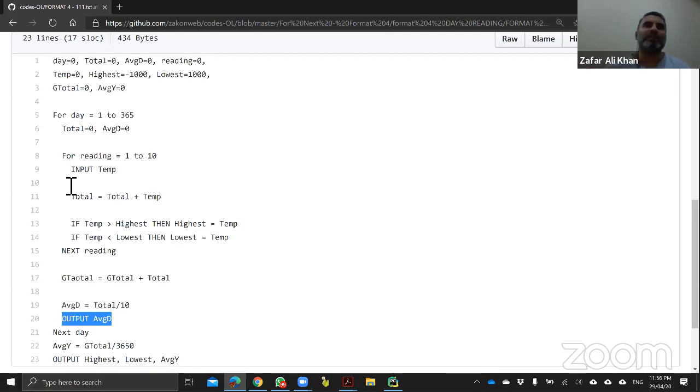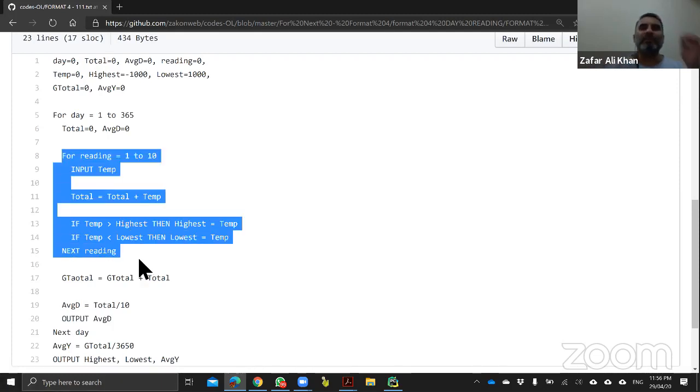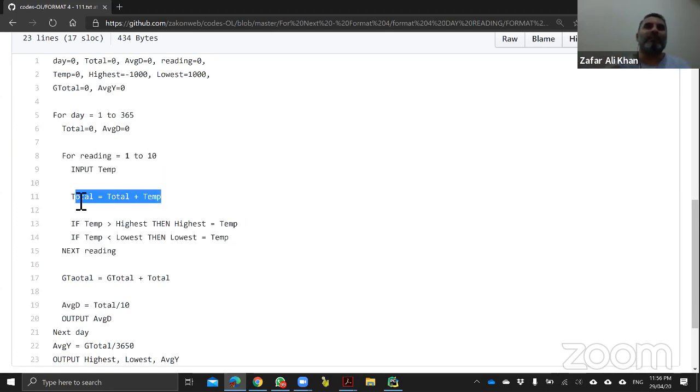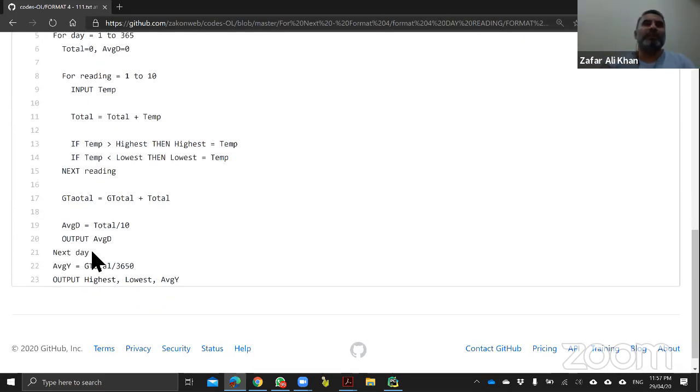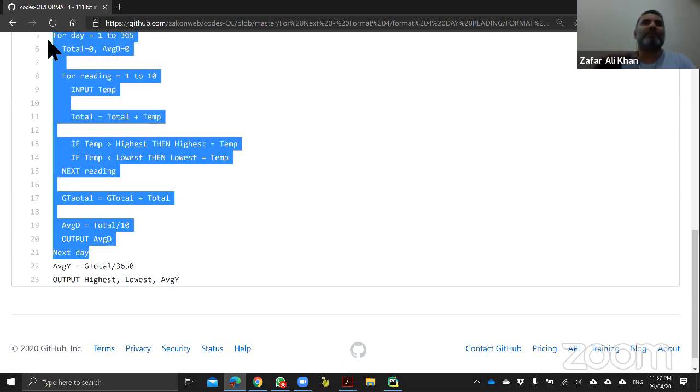So what happens is that as soon as we get out of these 10 inputs, we have the total of these 10 inputs, and then we add that total to a grand total first. Then we find the average of the day and we output the average. And again, when we start the subsequent day, we make the total and average 0, so that for that new day only 10 inputs are taken, their total is found, and the average is deduced out of it. Once we get out of the final loop, it means that all 365 days are done,